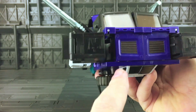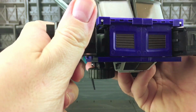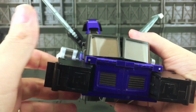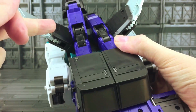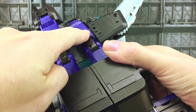There's a tab on the inside just here. That's going to tab in to this side section here, and these purple sections are just going to drop nicely into the side. You may have to just work them in by wiggling them, but they do fit in there nicely. We can then tab this section back together. We can then tab these sections back down like they were in jet mode, tabbing each one of these into